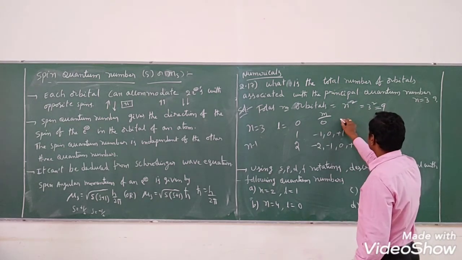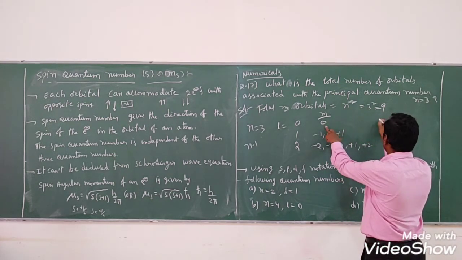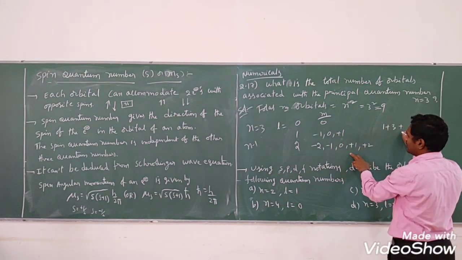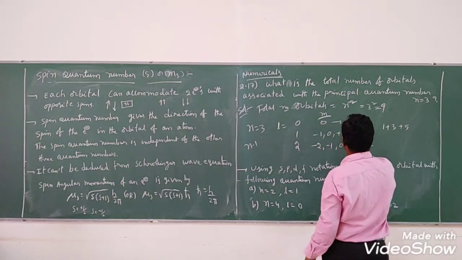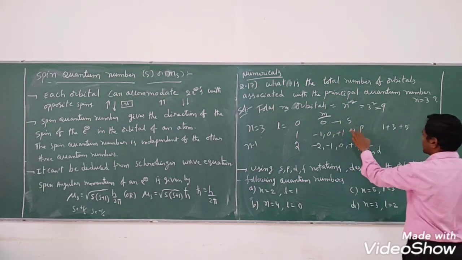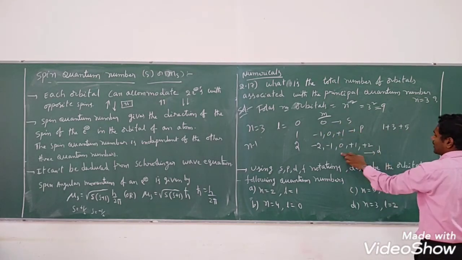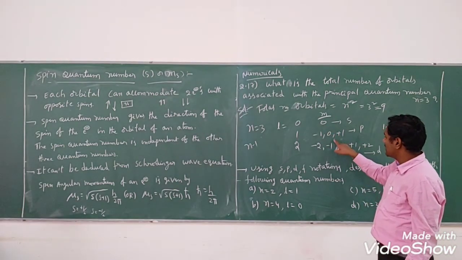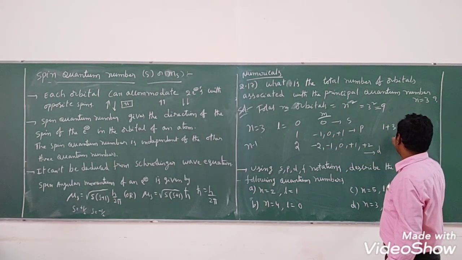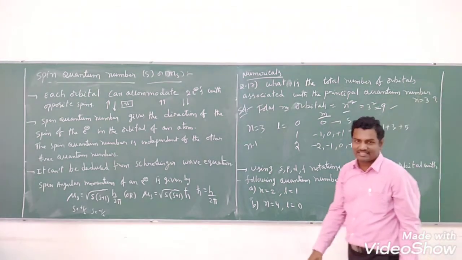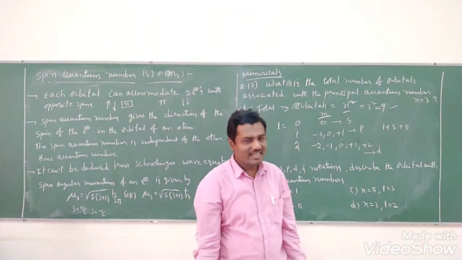See that here, how many values? 1. In this, 1, right? Here how many? 3. Here how many? In this subshell? 5, right? This is what? Subshell s. This is what? Subshell p. This is what? d. In s how many are there? 1. In p how many are there? 3. In d how many are there? 5 orbitals, that is. This is 1 orbital, this is 3 orbitals, this is 5 orbitals. 1 plus 3 plus 5, total 9. Simply, you can take the formula and calculate it easily. Got it now? Easy now?